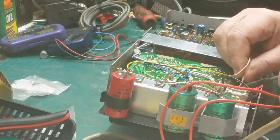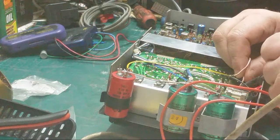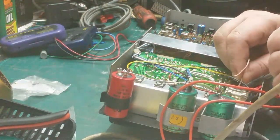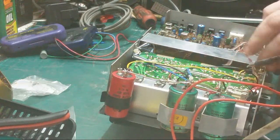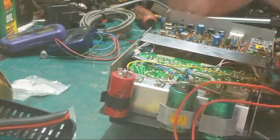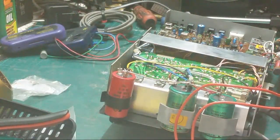Take that off. Desolder that. Just took them up out of the way there. Now, let's